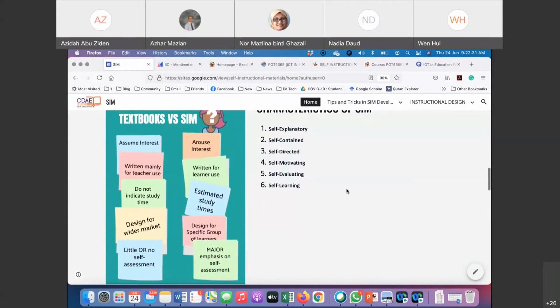So this is the characteristic of SIM. Is SIM a textbook? No, it is not. All right, so if we see here textbook versus SIM, you can see that